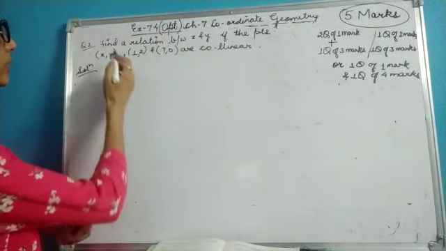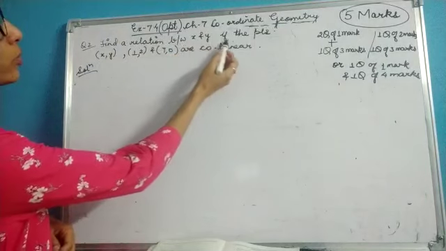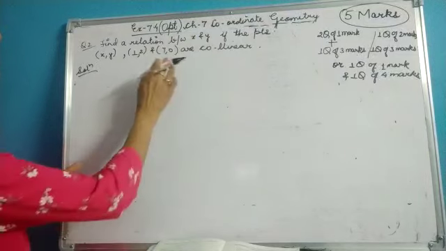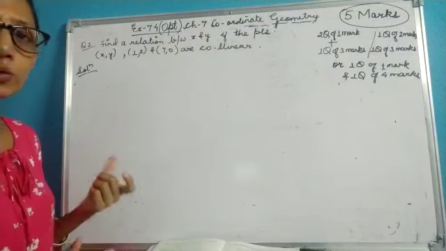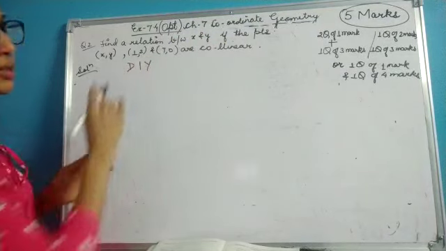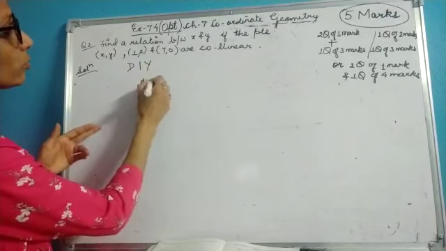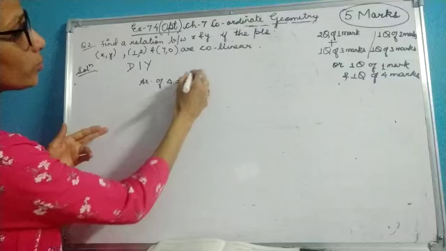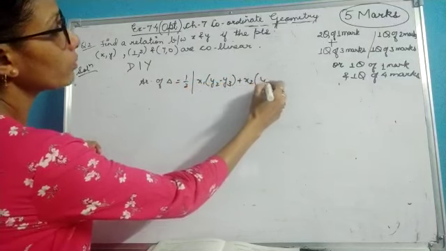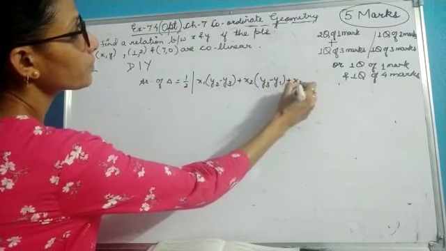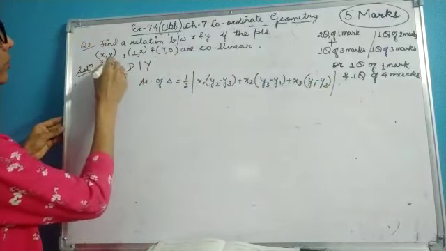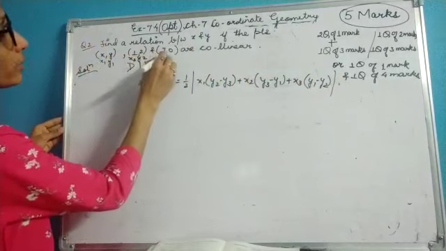See this question, children. Here it is given, find the relation between x comma y if the points this and this are collinear. I told you whenever you are given with the word collinear, you use the triangle formula. So this is actually a do-it-yourself type question in which you need to write down area of triangle equal to half x1 (y2 minus y3) plus x2 (y3 minus y1) plus x3 (y1 minus y2). This is the formula. Let this be your x1 y1, this be your x2 y2, this be your x3 y3.